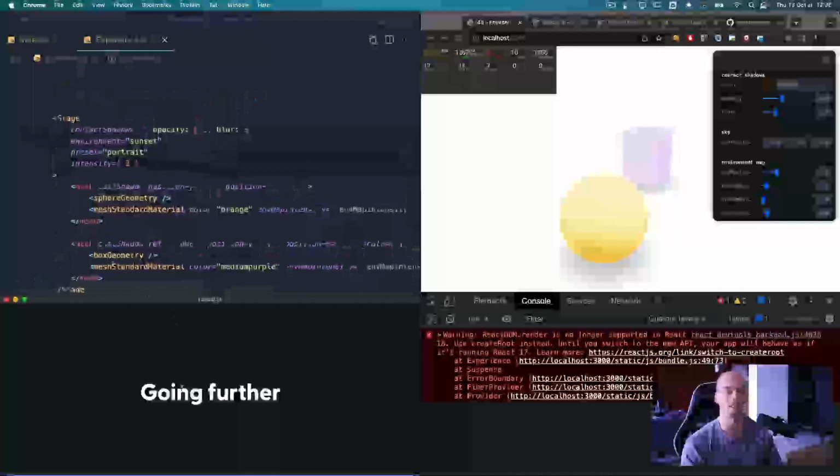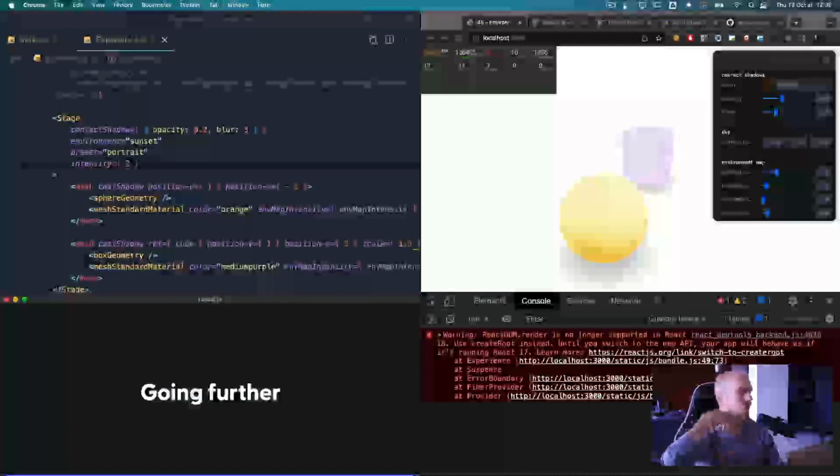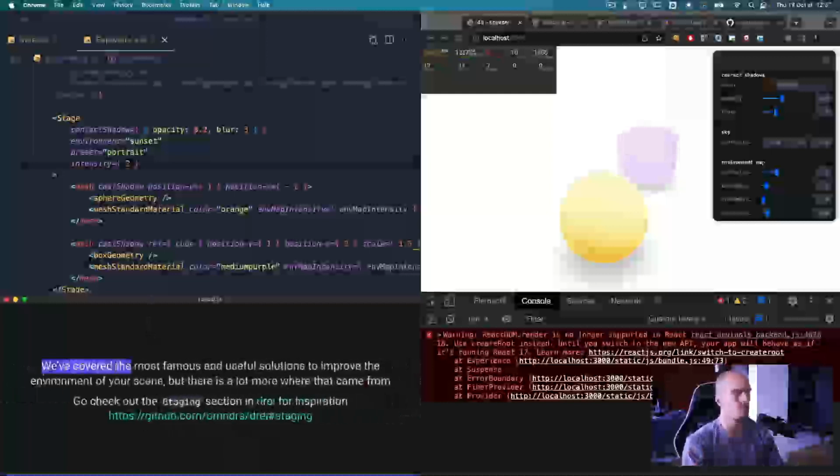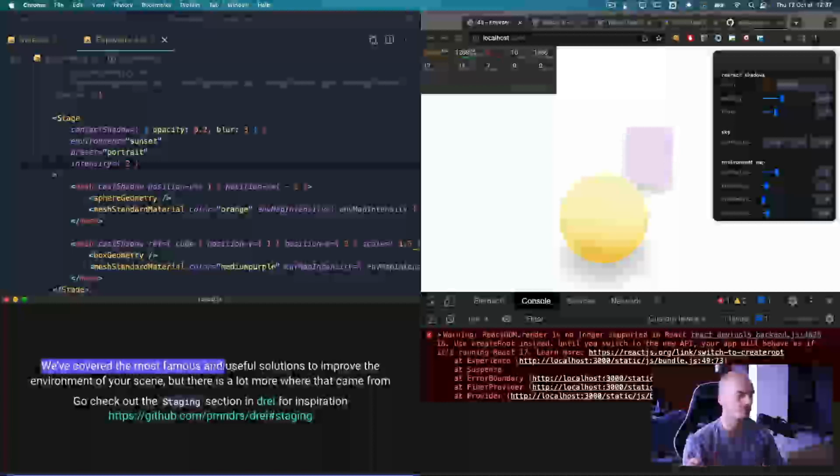I know the lesson was a bit long, but we just discovered a bunch of helpers, and you can use whatever helper you really want. I really like the contact shadow. I really like to use the environment, and the presets are really good. I usually add one more light to the scene just to have really control on where the core shadow and the light is, and it's super easy to set when you're using React Three Fiber, and more specifically Drei. So it's super cool. We've covered most of the famous and useful solutions, but there are more, and you can check that on the Drei